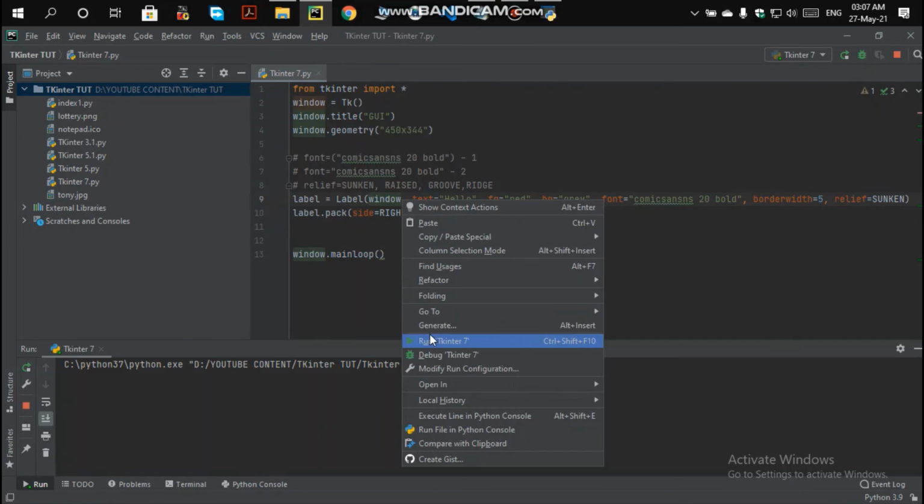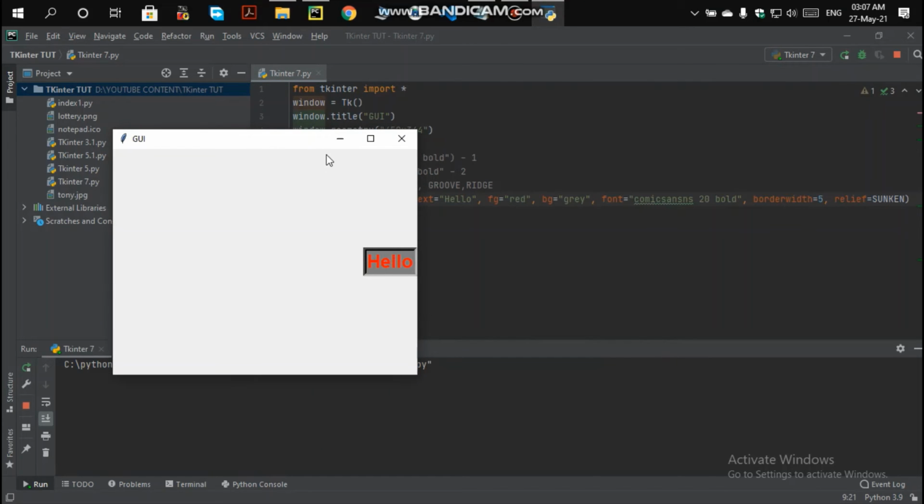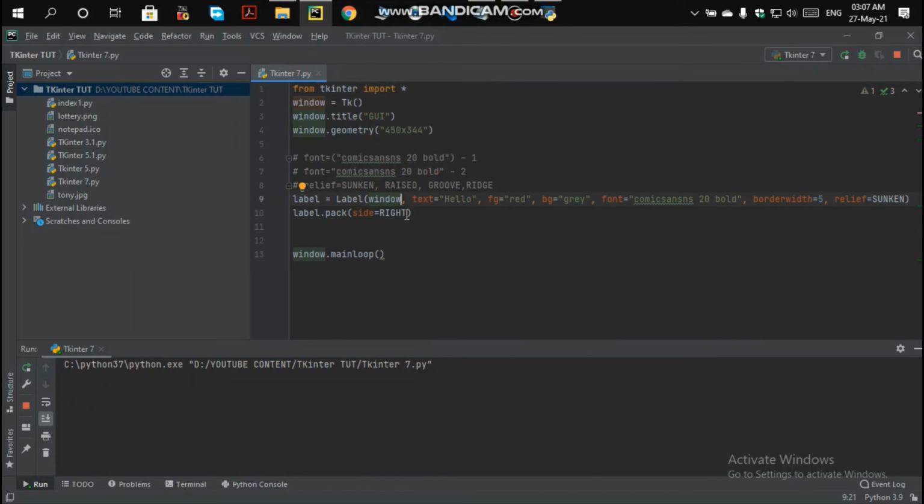Okay, when you run it, you see that your text is on the right, and left too. You can use it and tell me what the best one you chose is and how you styled your window. So the next attribute I will suggest is padx. So padx is equal to a value, like I'm giving it a 45, and pady.